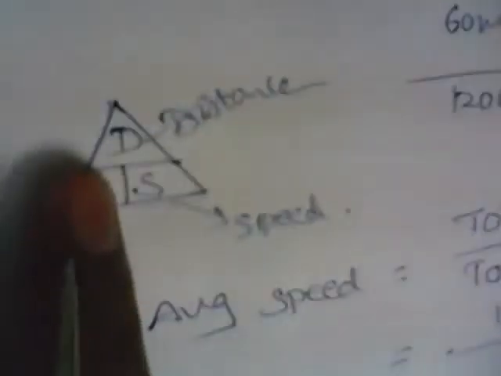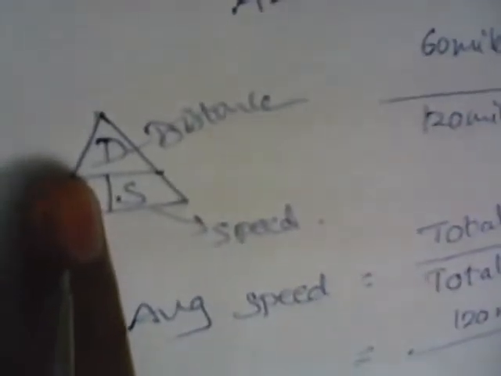They gave us the distance and the speed but not the time. So we need to find out the time. The formula for finding time is T equals D by S, distance over speed. Here distance is 60 miles and speed is 20 miles per hour. So 60 divided by 20 plus, in the return trip, distance is the same 60,